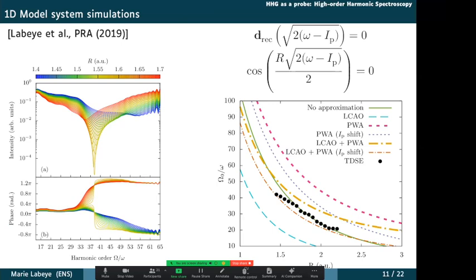Yes, so what's the message here on the right-hand side, that you have a cancellation of errors between this plane wave approximation and the linear combination of atomic orbitals? Yes, so that's interesting, because this scaling law here, this cosine, is used very, very often to explain the position of the minimum. And it works not so bad, but it's very puzzling to me why it works not so bad, and especially it's a generic law. It does not depend at all on the system in that case.